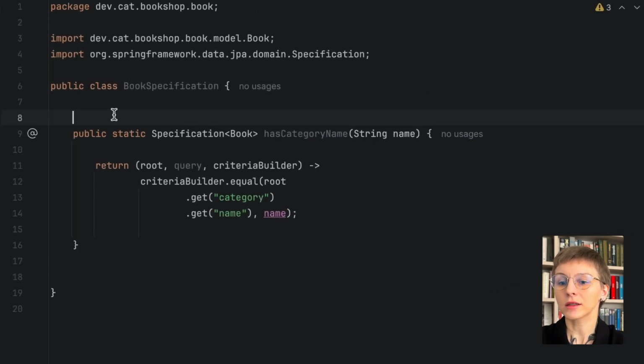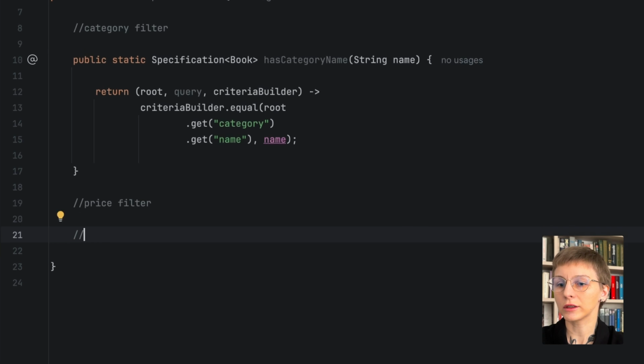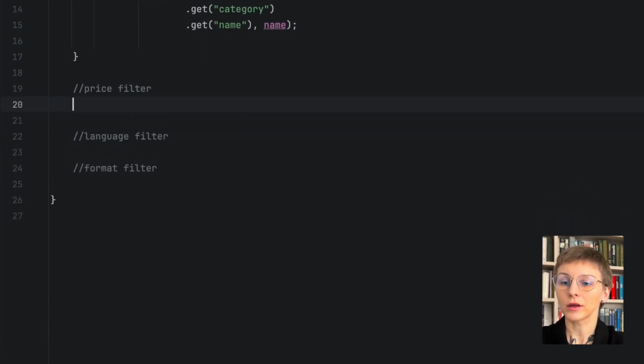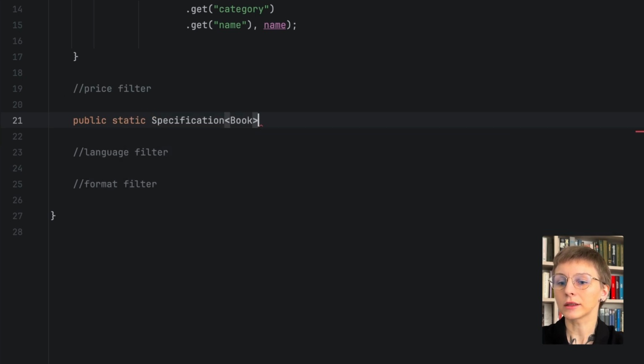But in most cases we will need several filters, right, not just one, so let's add additional filters. Okay, so we are going to create a price filter, the language filter, and the format filter. So let's start with the price, public static specification book, and let's call this method has price less than or equal to. And we are passing the price.